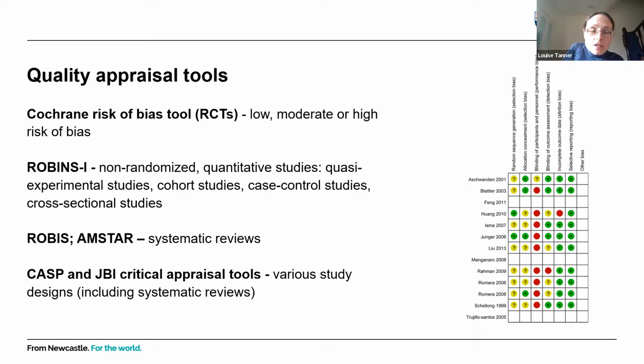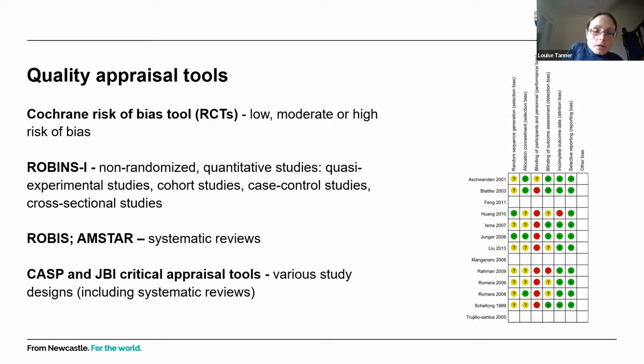If you had studies with a quantitative design, but they weren't randomized studies, so things like cohort studies, case control studies, cross-sectional studies, these can all be assessed using the ROBINS-I tool. And the ROBINS-I tool was developed by the Cochrane collaboration, which produces gold standard methods. So the ROBINS-I tool and the Cochrane risk of bias tool are very good quality and robust tools for implementing quality assessment, although they can be a little bit difficult to use if you've not implemented quality appraisal previously.